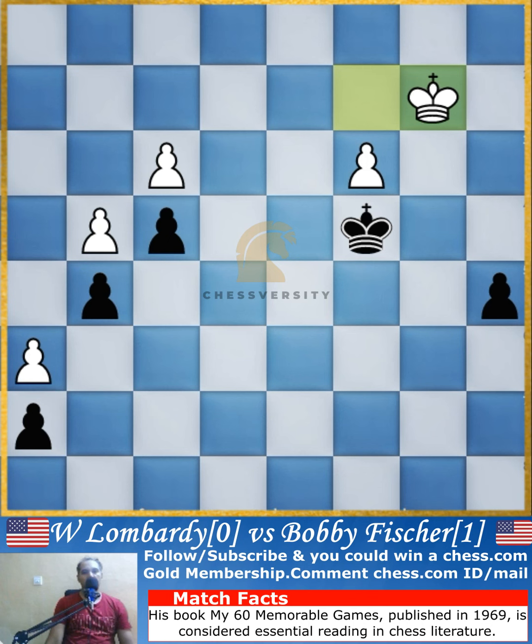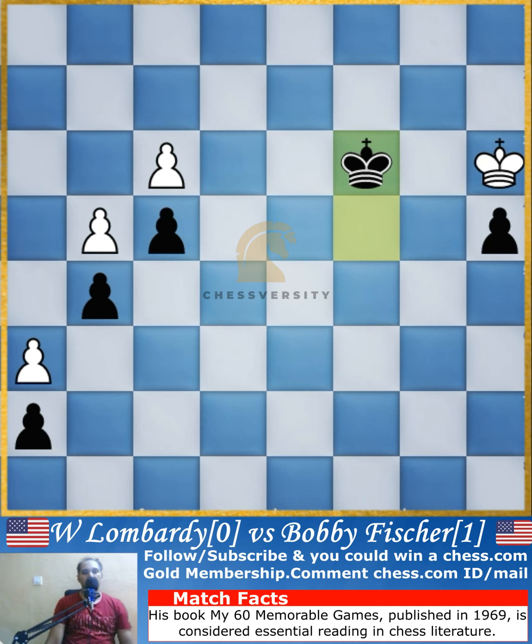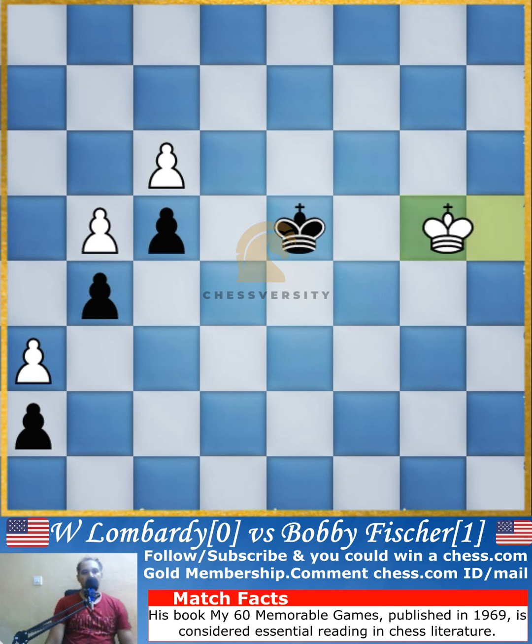here, the closest square, and pawn push a4 prevents the king coming up over here, even if Black moves the king out of that particular blockade. So king goes to a3 now, and Fischer can just grab this pawn, and once this black pawn is grabbed, Fischer just brings his king closest to the pawn structure, and like basically as of the earlier position,